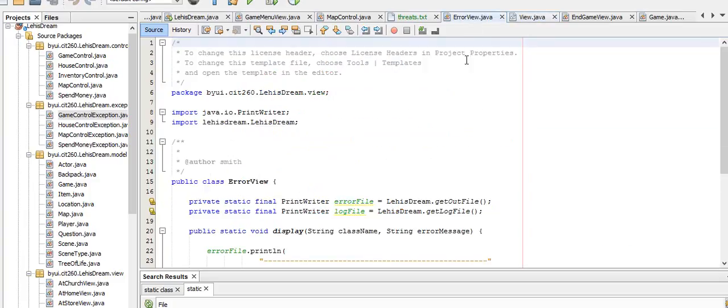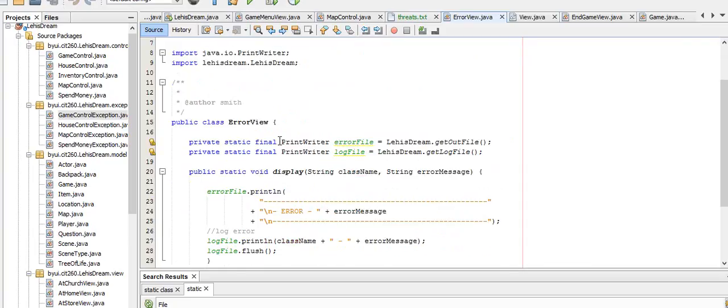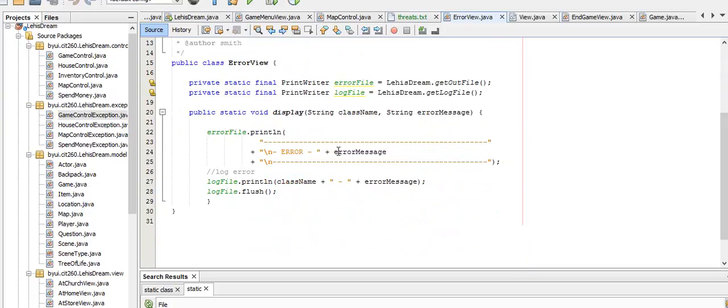Then we do it here. Error view is something we can make a final. We make it a final, so it sends this error message. So I use here